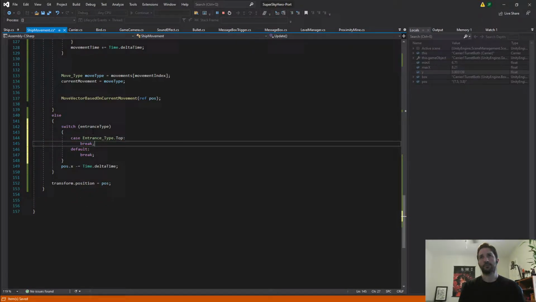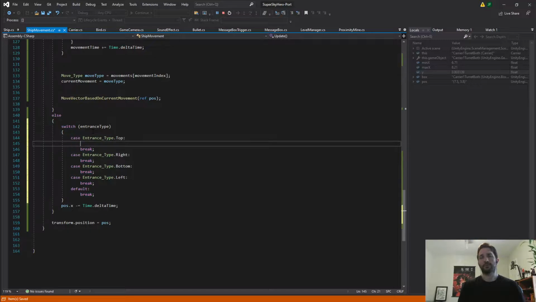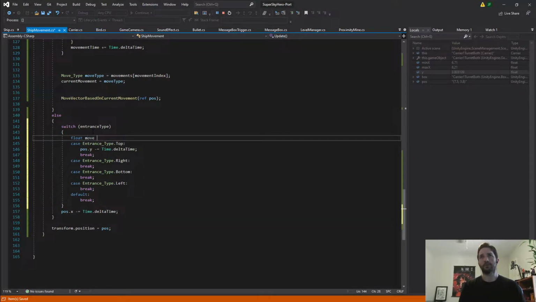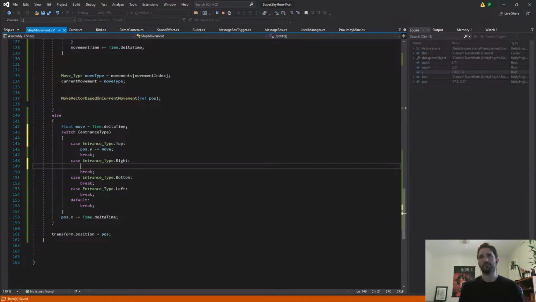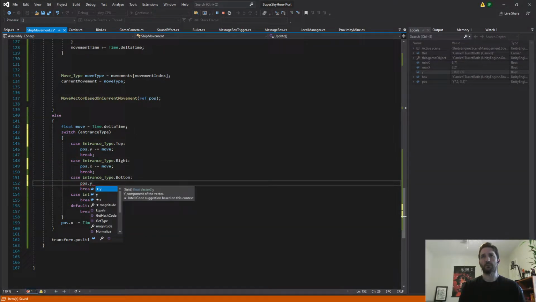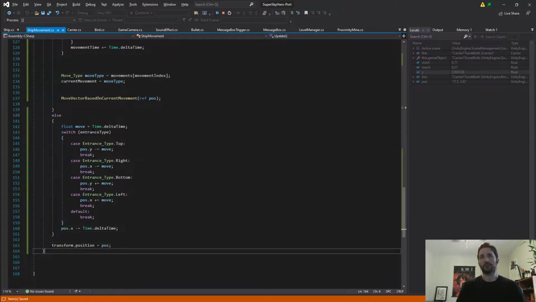What's up? Right, left, top, I guess, position.y minus equals, what is happening here? Oh. X minus equals move, y plus equals move, x plus equals move, and then